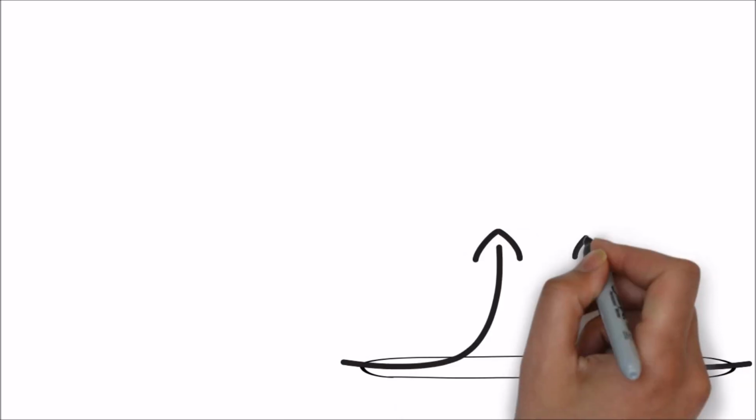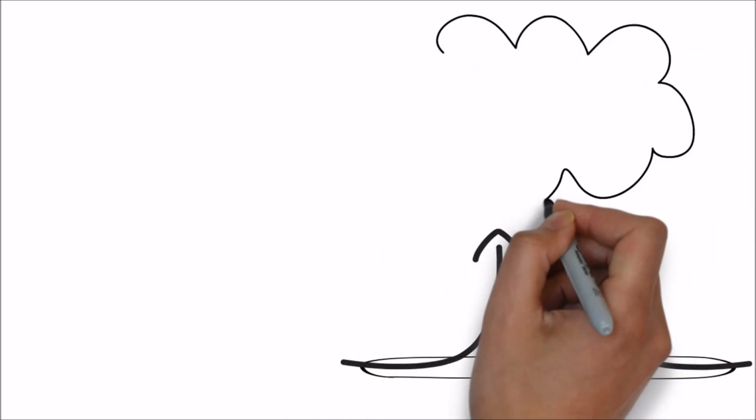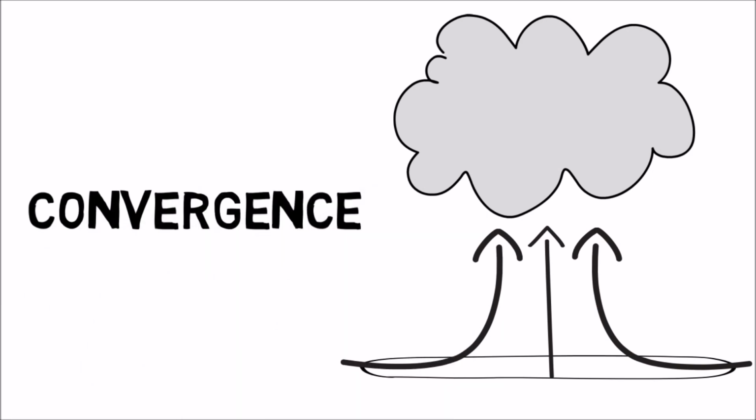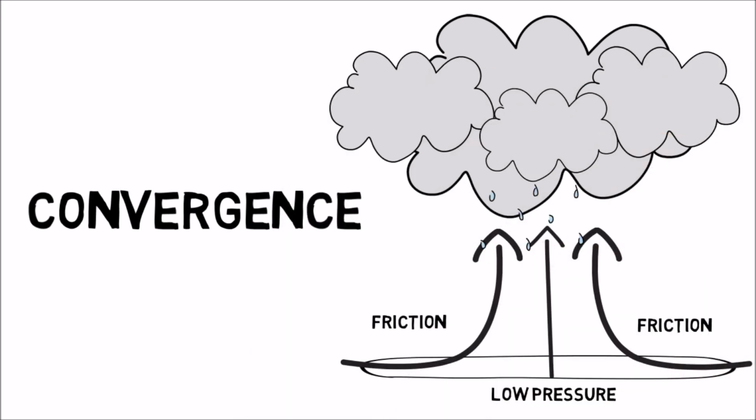When winds from two directions meet and the only way to go is up, that is how convergence processes occur. In the center of low-pressure areas, winds converge toward the center of the low due to the effects of friction. The stronger the convergence, the stronger the vertical motion, and the more clouds and precipitation are likely to